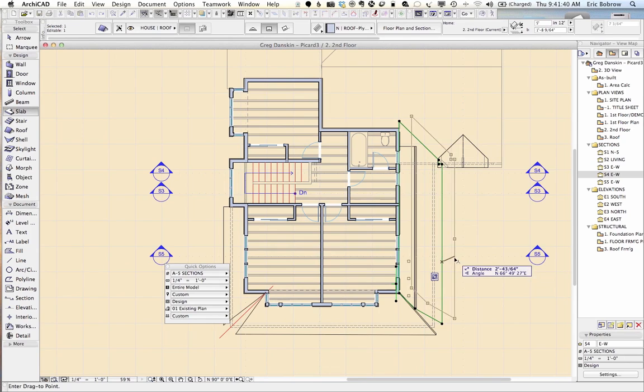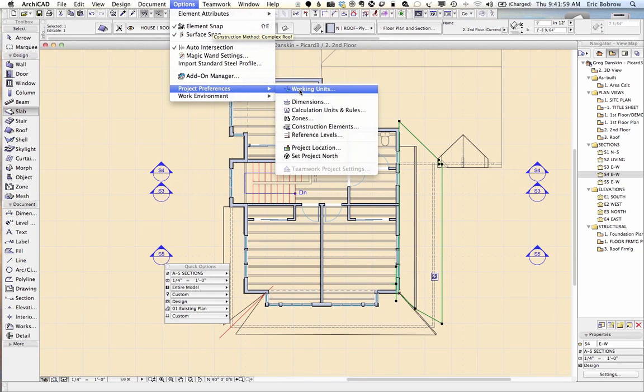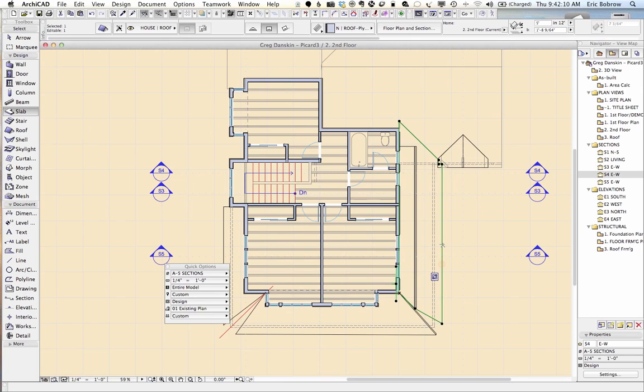There's our guide. Interesting. Why is it the guideline is not showing up here? Okay, and your angle. Okay, right now your distance and angles are coming up using surveyor's measurements. So you must have changed your project preferences for working units to be in surveyor's units here. Is that? I was probably working on a site plan. Okay, all right. So I'm going to switch it back to decimal degrees here, and now if I drag this,